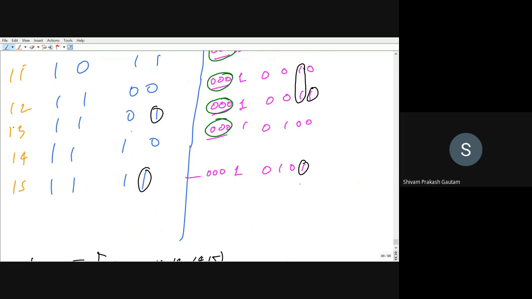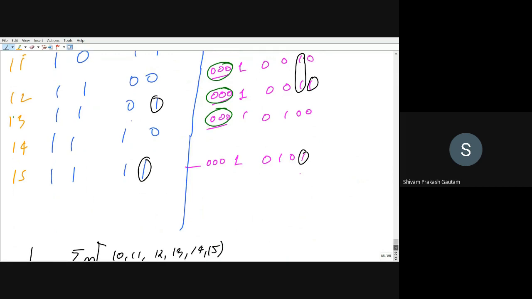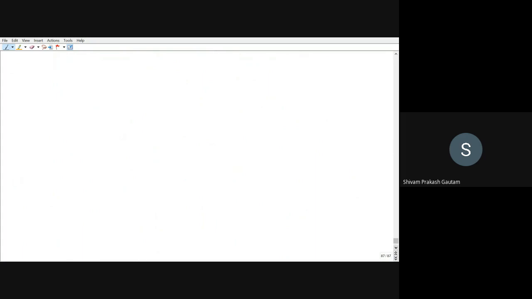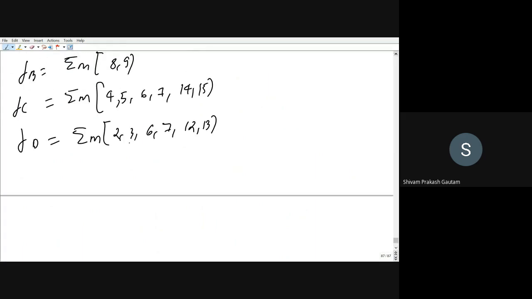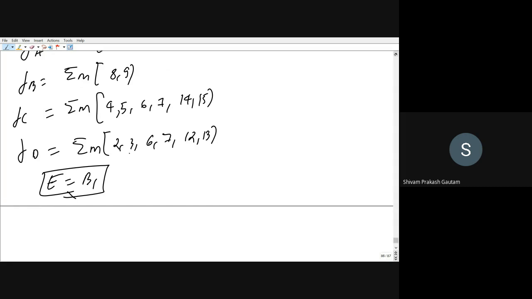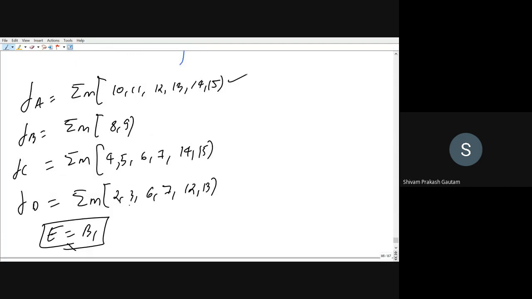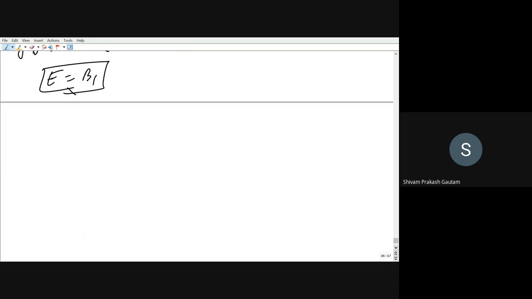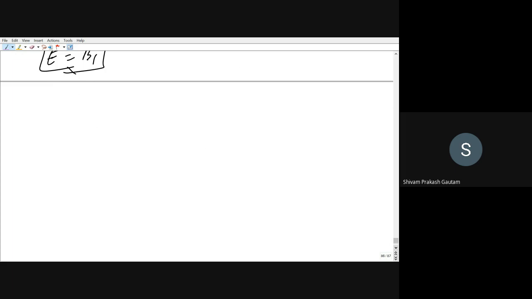So what you can do, either you can write the min terms and draw a K-map, or the logic we are directly seeing. So you can directly write E as B1. This is one logic we have already got, right? E is equal to B1. That means whenever B1 is 1, E is also 1. Now we need to make the K-map for all these 4 categories. For one case I will do that, and for the rest of the cases I will leave it up to you. You can do that on your own. Okay, so let us just draw for A.